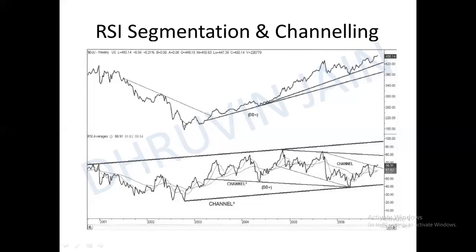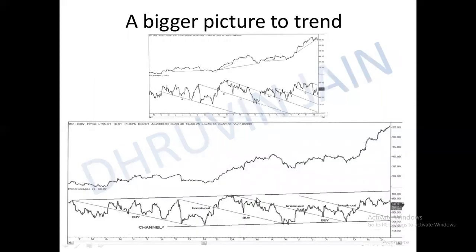Okay guys, in this example too we can see that RSI is making a descending channel. Let me show you a bigger picture of the trend. In this example, RSI was plotted nakedly here. There was no such meaning behind it, but let me show you the same example in here too. The same descending channel which is here and here gives more meaning, the whole meaning, to the RSI.